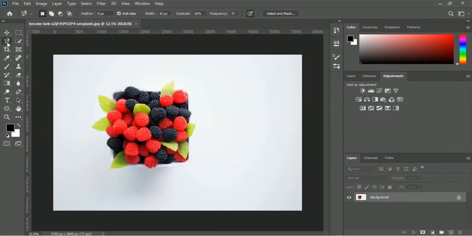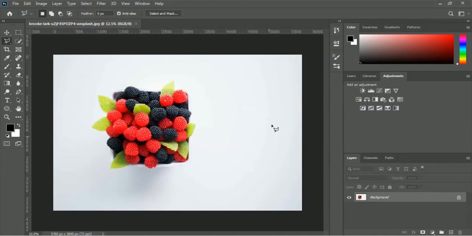You will get this polygon lasso tool inside the magnetic lasso tool. So you just have to right click on here, and then you will get this polygon lasso tool inside the magnetic lasso tool. So with this polygon lasso tool, we'll select these fruit buckets, and